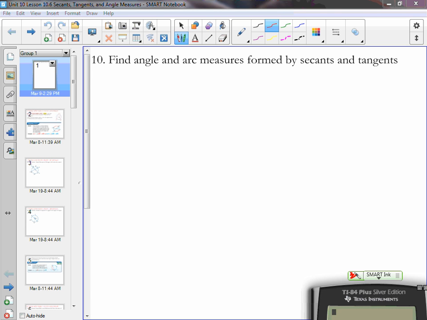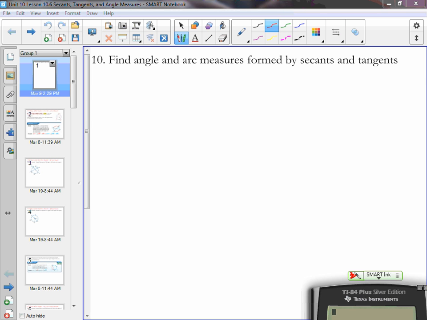Because I'll warn you, what's happened in years past is sometimes you'll forget. In one situation, the measure of an angle is going to be half the sum of two arcs. In a different situation, the measure of the angle is going to be half the measure of the arc, which we've faced before. And in the third situation, the measure of the angle is going to be half the difference of the measures of two arcs. And as you can imagine, if you forget which one's which, you're sunk. Okay? So starting on page 727,